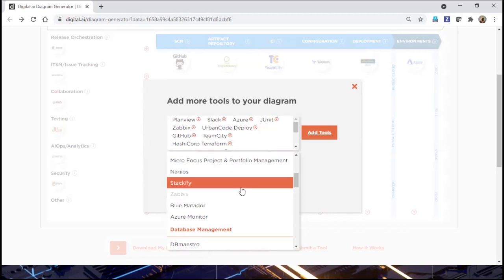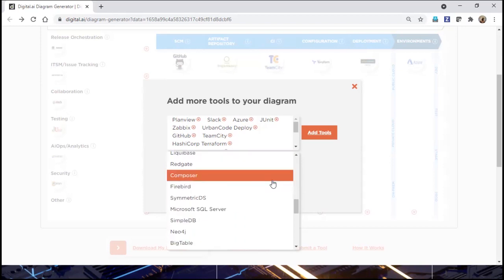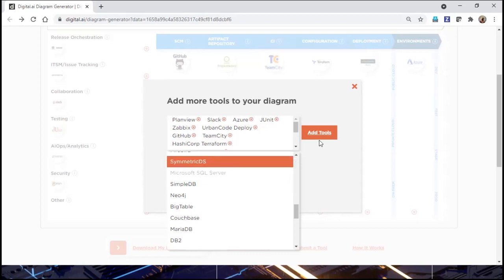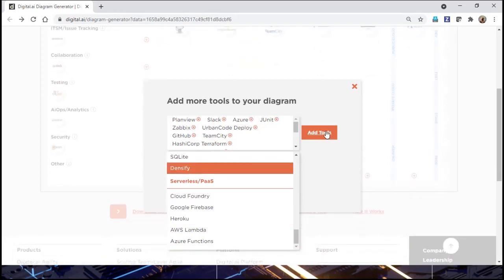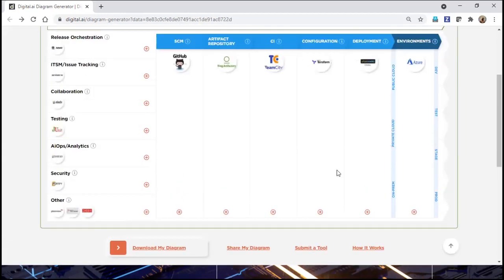There are a couple of tools not listed here, because whatever input they got from the community, they made this tool to help the community. As I said, this gives you a very good idea to face interviews, projects, and your day-to-day work deliverables, to make you confident, right? So come down, database. There are a lot of databases, but you go with what you know. I'm comfortable with MySQL. And serverless. This is what we discussed in the previous diagram. You want compute-based or serverless-based; accordingly, you need to decide this. Say add tool. Now you can find it almost fulfilled, right?